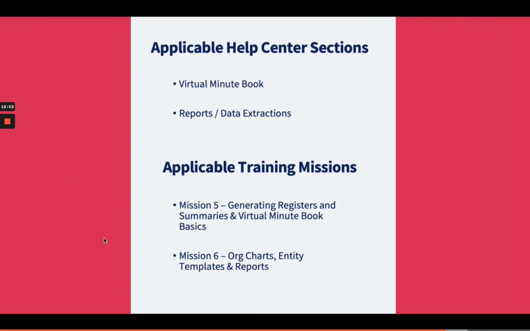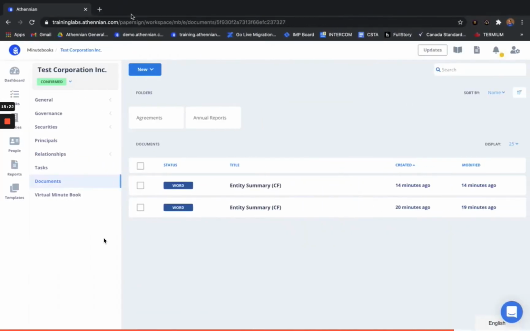Now that we're done with the FAQs, I would like to go over the applicable Help Center sections and the applicable training missions that go with this specific segment. For the applicable Help Center sections that go with segment 4, you would go to the virtual minute book section and then the reports and data extraction section. And so I'm going to show you. If we go to